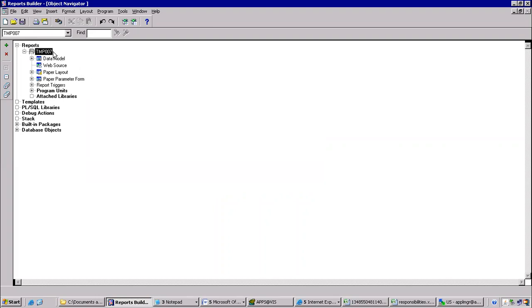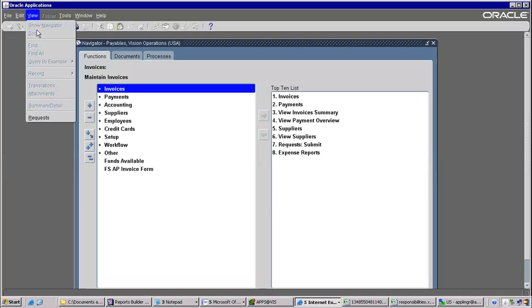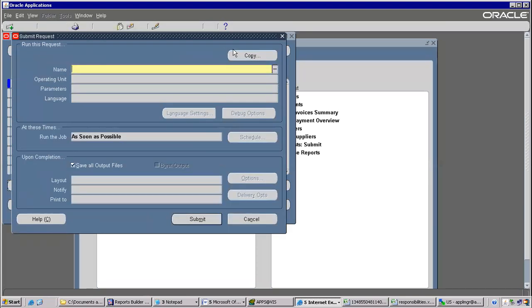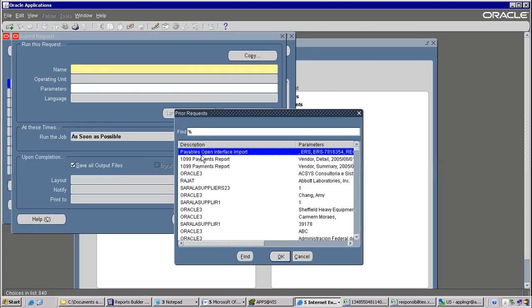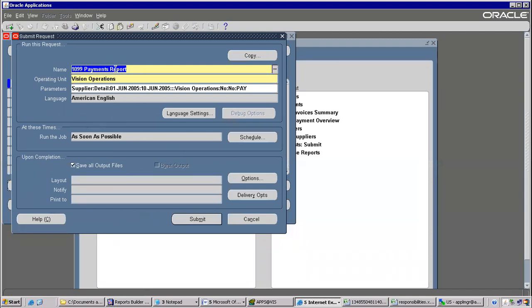Now right now the parameters, there are two, right? Two parameters. One is group by, other one is reporting options. So these are just prompts. Group by is a prompt, reporting option is a prompt, just a heading. It's not an actual parameter. It is to identify the actual parameter. So I need to know